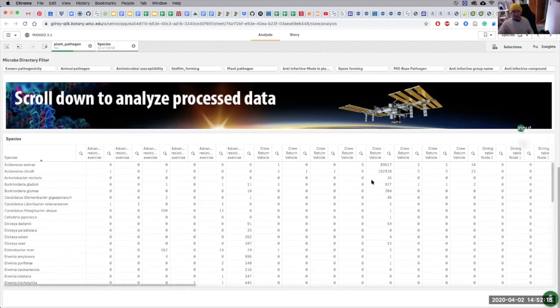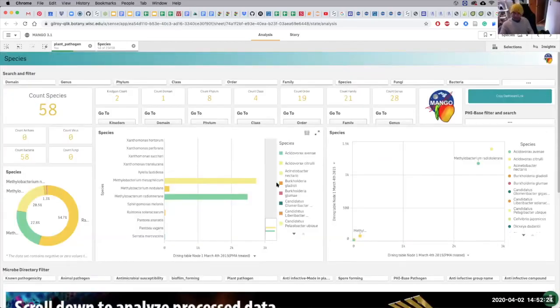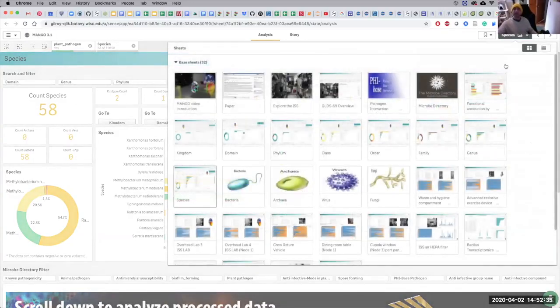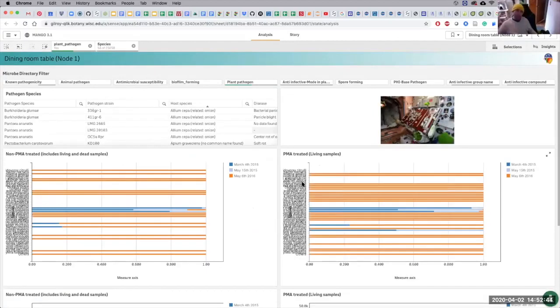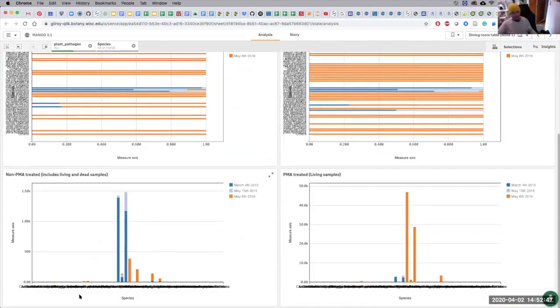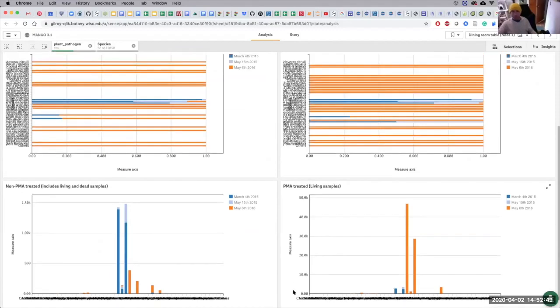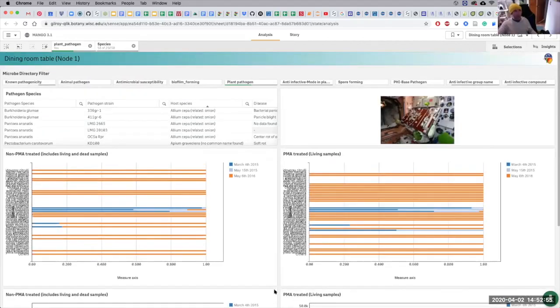Again, we can pull down the data. We have the quantification of these microbes in all of these different locations. And again, we're basically just using these systems here to filter it down to a small enough number where we can start to go, why is Methylobacter mesophilicum on the dining room table? How might that affect plants in the dining room table, and the plants in a grow area? This is like another way to view these data. I'm going to have to upgrade these shortly. Old plots. The code doesn't like the names at the bottom here if you have too many. Anyhow,